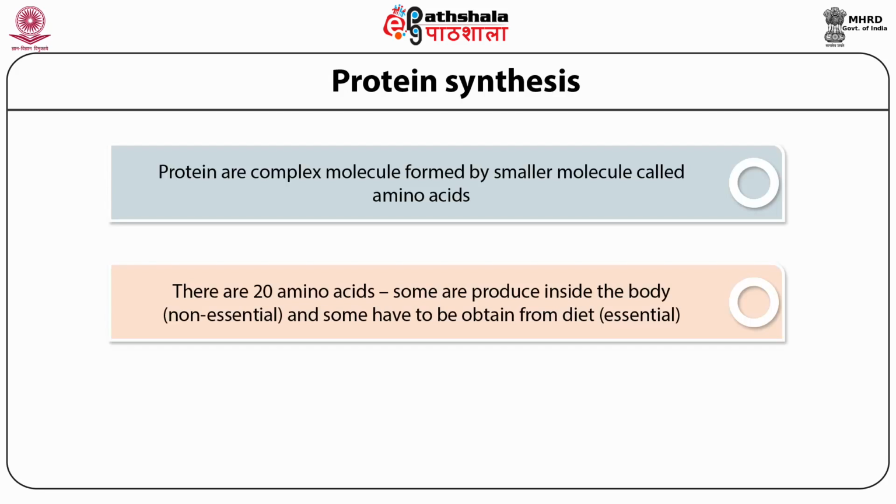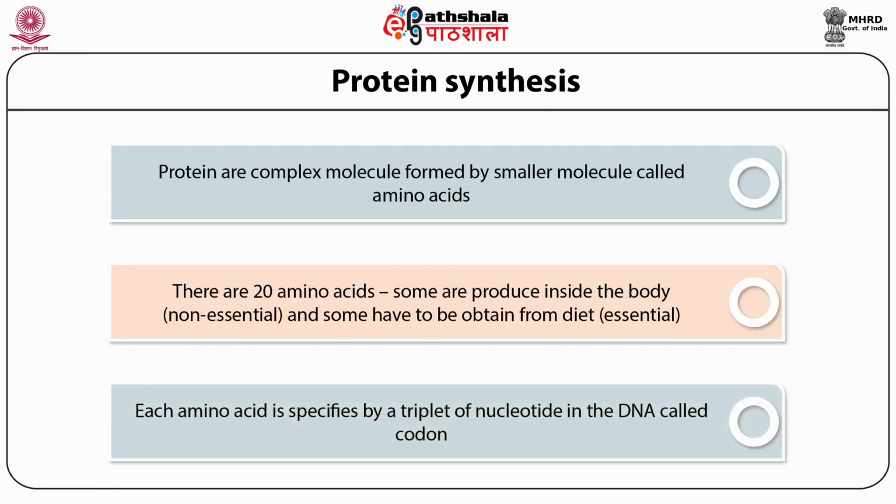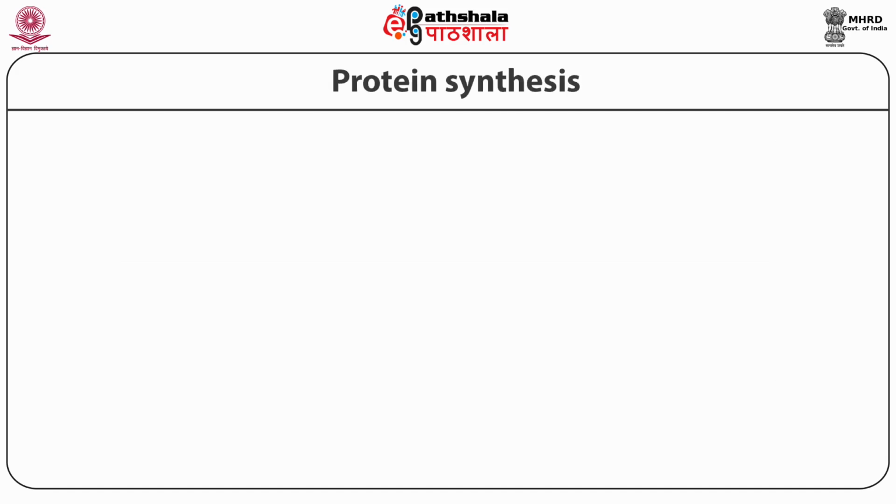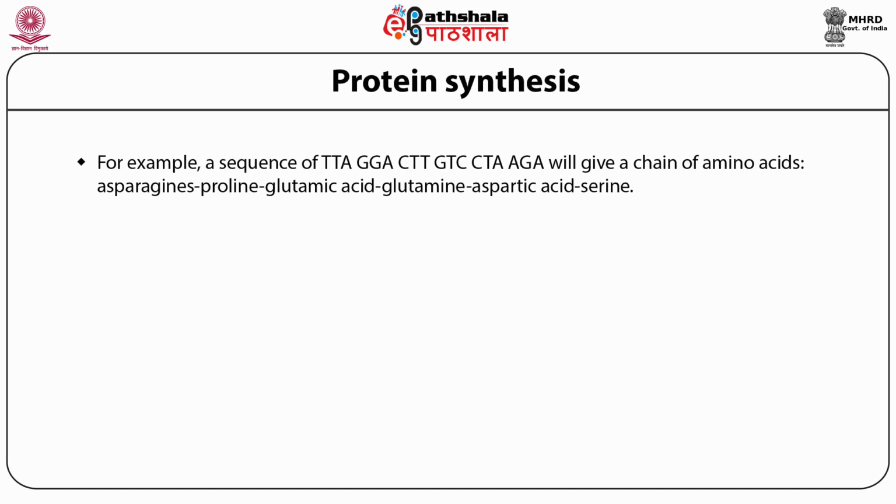By now we know that the nucleotide sequence of DNA carries the code for protein synthesis, and a protein is made up of a chain of amino acids. So the sequence of amino acids is ultimately determined by the sequence of nucleotides. In DNA, a triplet of nucleotides, or group of 3 nucleotides, specifies an amino acid. For example, if the sequence of nucleotides is CGA, then it specifies the amino acid alanine.